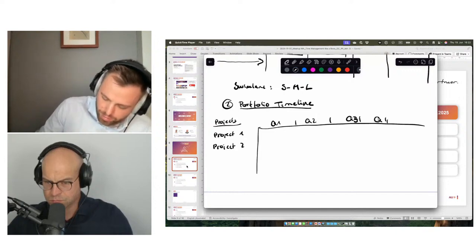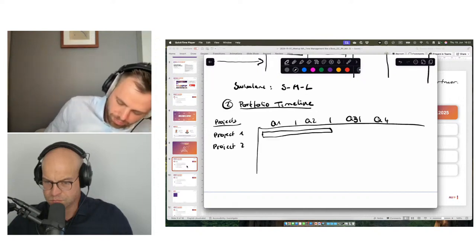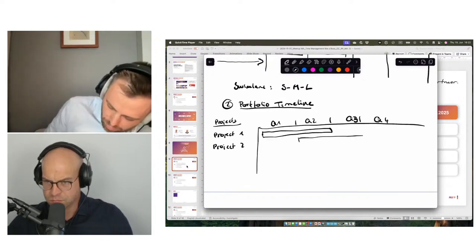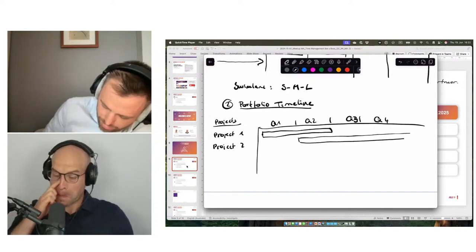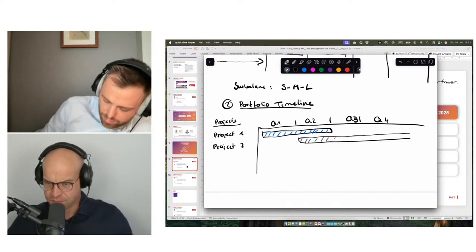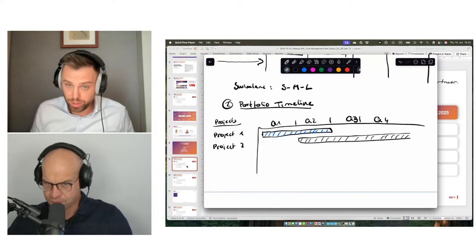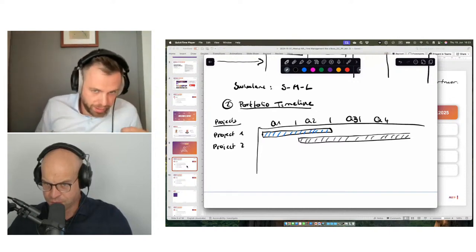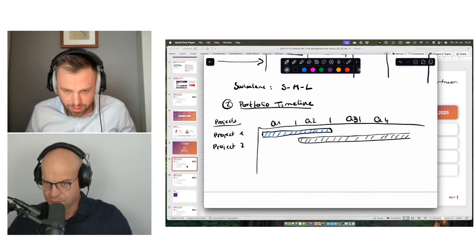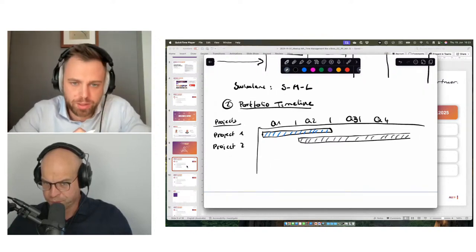And then obviously you bring in your runtime. So for example, this project runs from here to here. And this one only starts here and continues all the way through. I mean, you get it, right? And then you can even color them in Jira, and I'll explain in a second how. You say all blue ones are in progress. And for example, this one hasn't been started yet, that's why it's gray. So it's still to do, and so on. You get that idea. So you can display your projects on a project level. And that's, in a nutshell, a very simple visualization, but it creates a lot of transparency, which is very important to manage